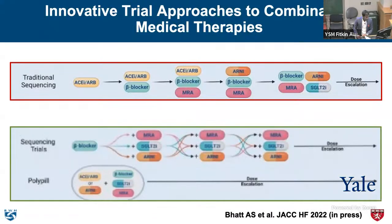So there are many innovative trial approaches that are now underway to better understand how we can potentially disrupt conventional approaches. At the top here would be the sequential approach. This is the traditional sequencing approach of starting one drug, starting the second, third, so forth. The evaluation of sequencing, upfront early optimization, or even different sequences is something that is actually more challenging to do